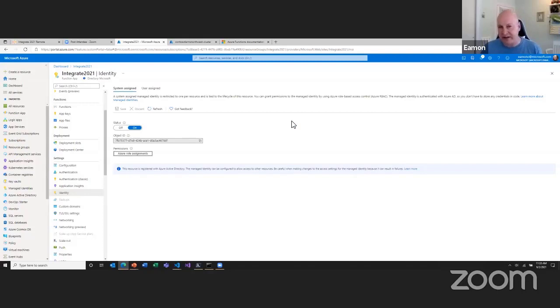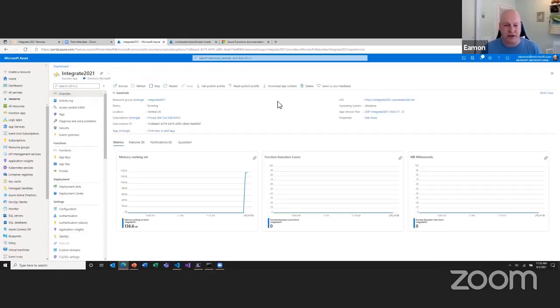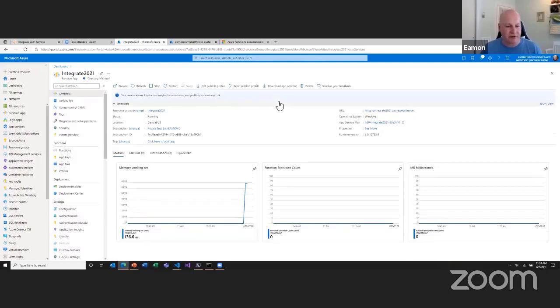And the other thing we've done with identity recently is we've added preview support. So now when you're connecting to other systems like Service Bus or queues or event hubs, you can use identity to access those. So the managed identity available here can also be granted access to those other services so that you don't have to put your secrets inside the connection strings when you're trying to pull messages or events off those systems. Okay, so I have a function app, just a standard function app, and then I'm going to go and deploy a durable PowerShell to it to let you see how that would work.